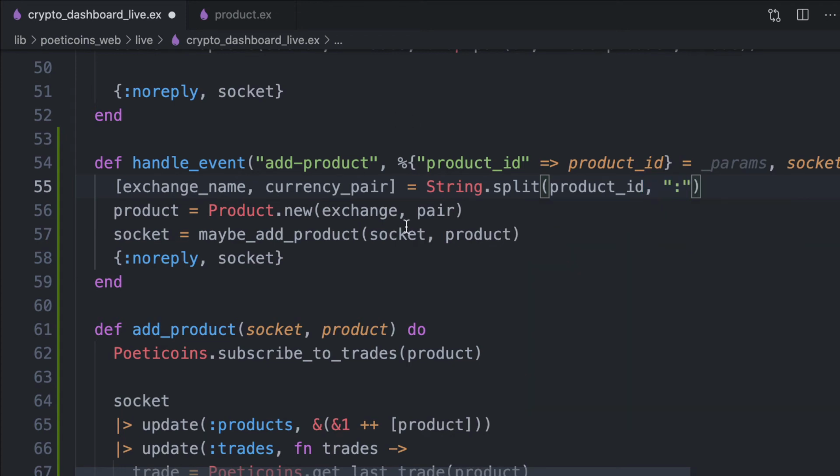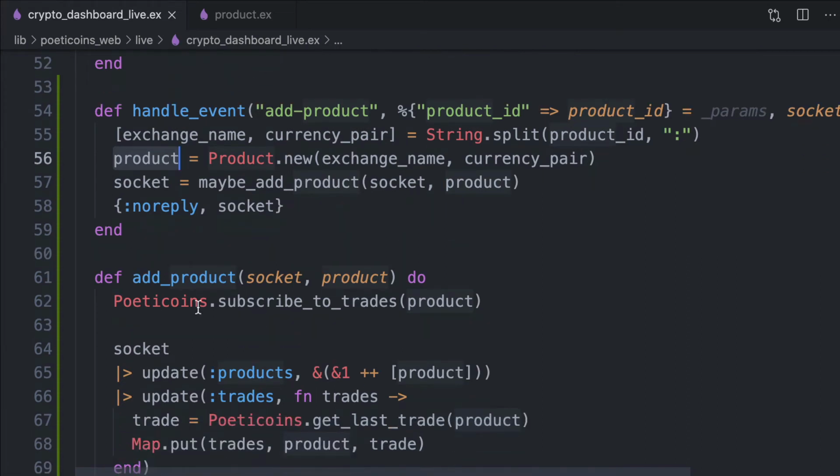It would also need some validation, but here for simplicity, we skip the validation on the exchange and the pair. So we just split the product ID with a colon symbol. We get the exchange name, the currency pair, and then we get our product, and then we just use the